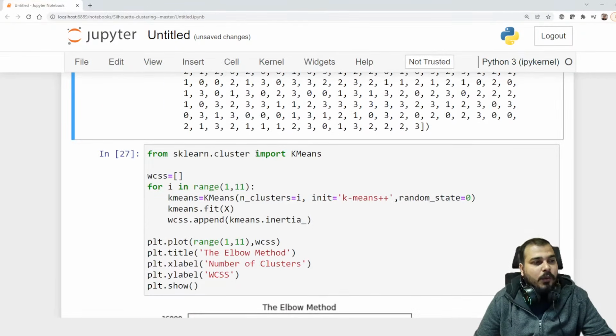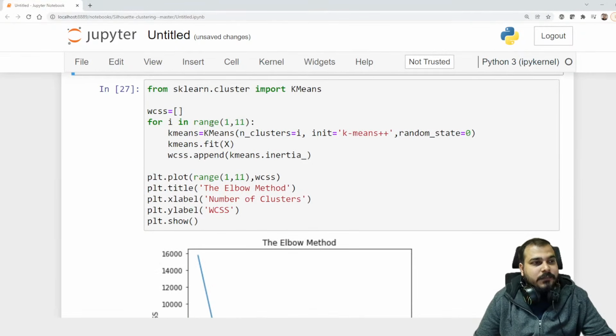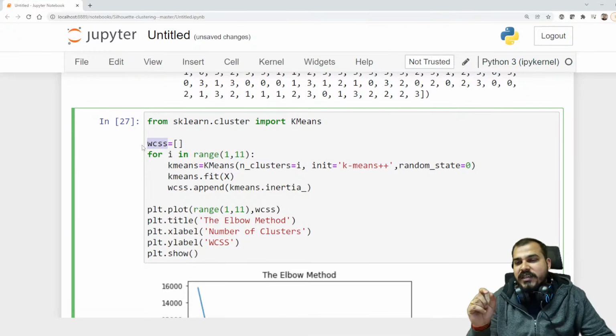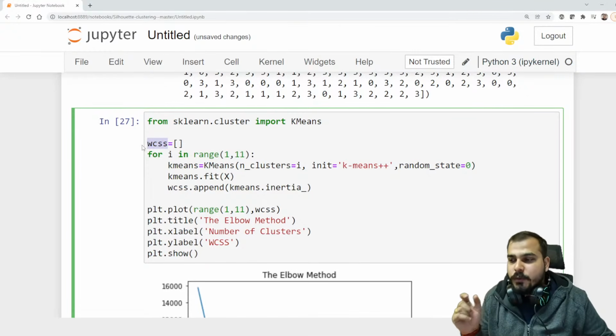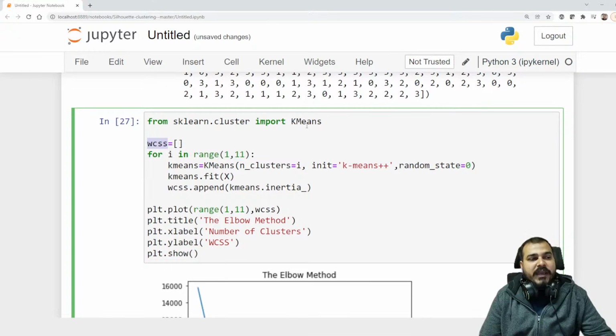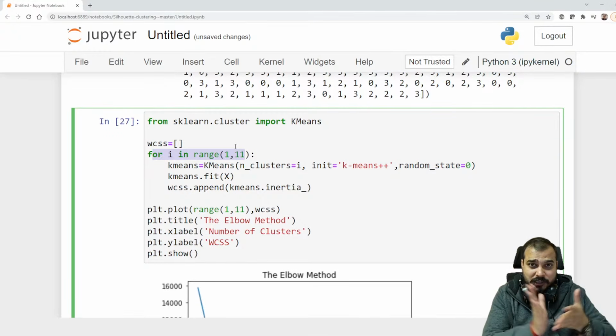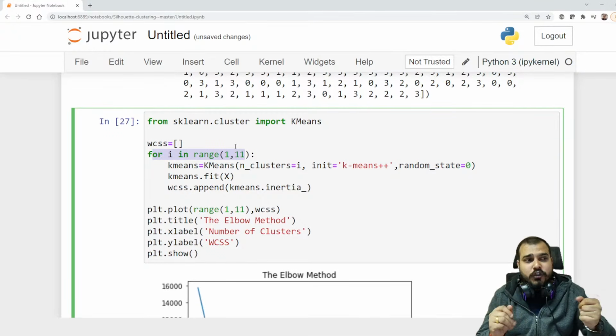Okay. Now let's see how to apply the K-means clustering algorithm. As I said, I will be using WCSS. WCSS basically means within-cluster sum of squares. So I'm going to import K-means over here, for i in range 1 to 11. That basically means I'm going to use different K values or centroid values and try to see which has the minimal WCSS value, and I'll try to draw that graph which I had actually shown you with respect to